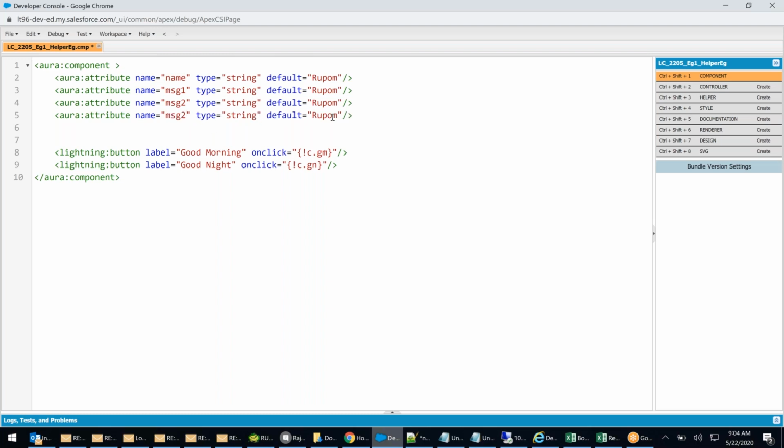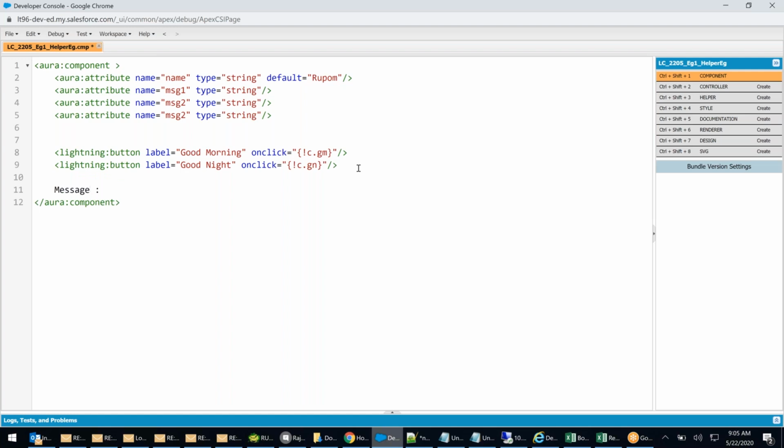No default. Perfect. I have 4 attributes, 2 buttons, and then finally, just to show you,